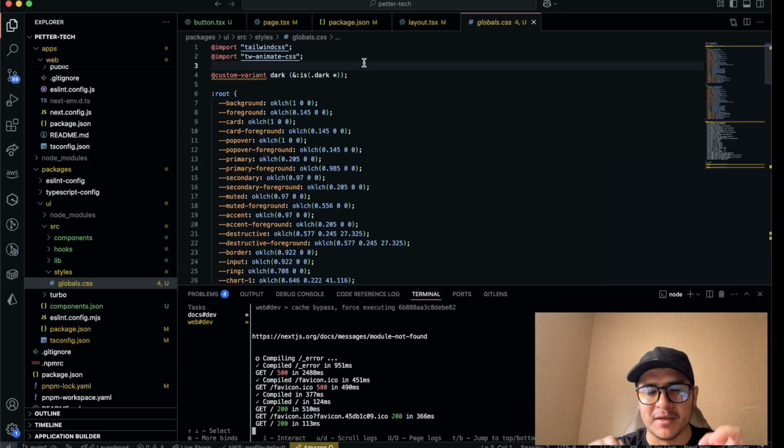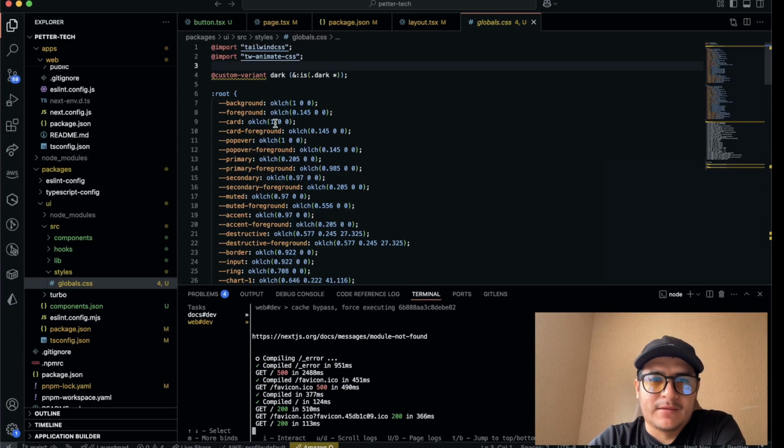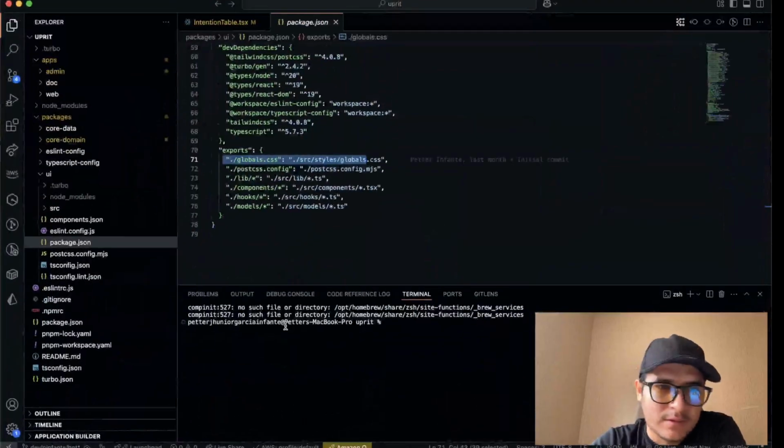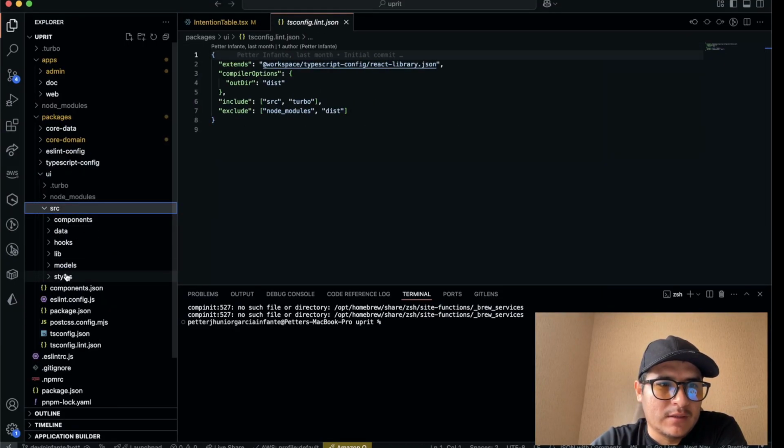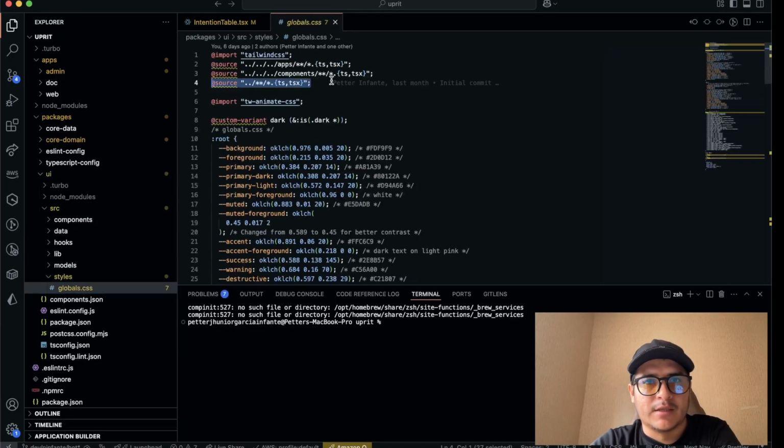I think they have to solve this issue later, but this is what we need to do. After a lot of research, we need to add this line here,